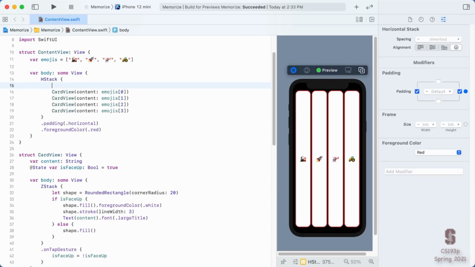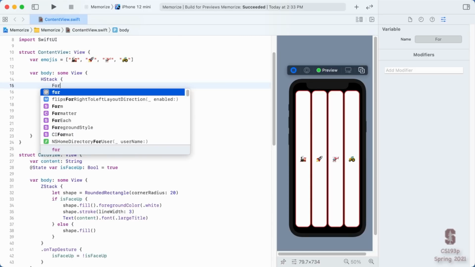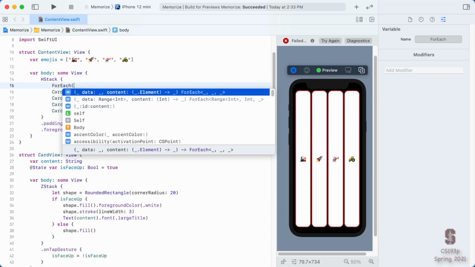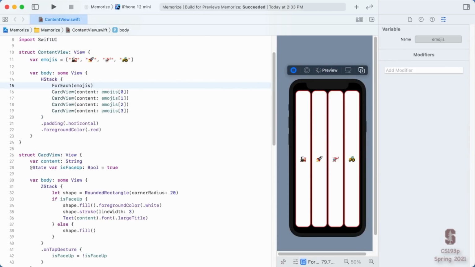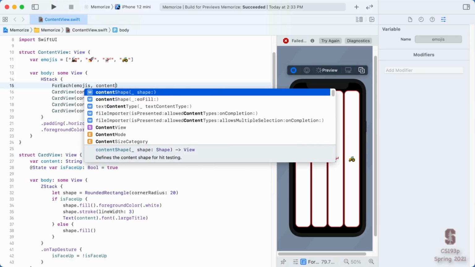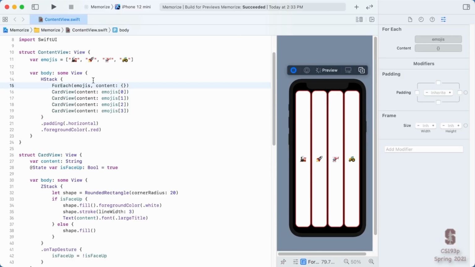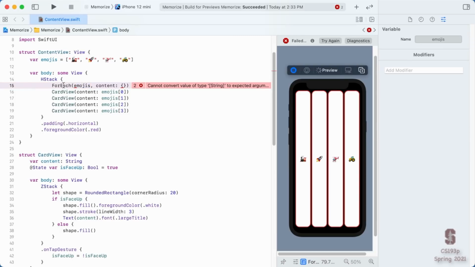This bag of Lego view that does that is called a for each, and it just takes the array that you want to create something for each, and then it has a content parameter, which is another bag of Lego. So it's going to essentially create this bag of Lego this many times, however many things are in here, and then this itself will become a bag of Lego.